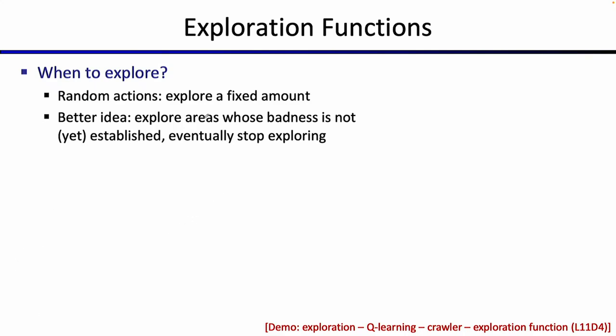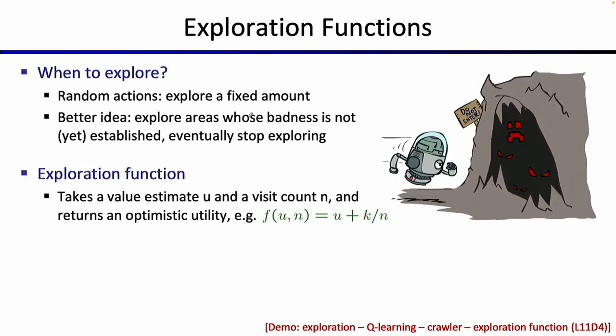How can we control this automatically? Well, we can essentially keep track of where we've been and where we haven't been, and move towards the states that we haven't been many times in. But if we've been in a particular state many times, we aren't as attracted or pulled towards it. And this can be formalized by using exploration functions,